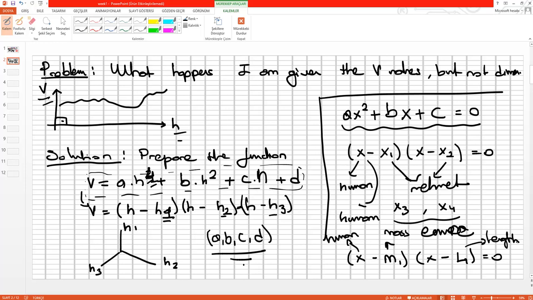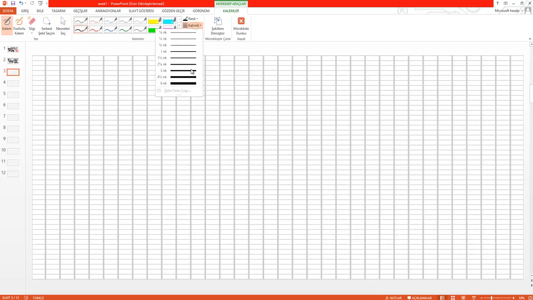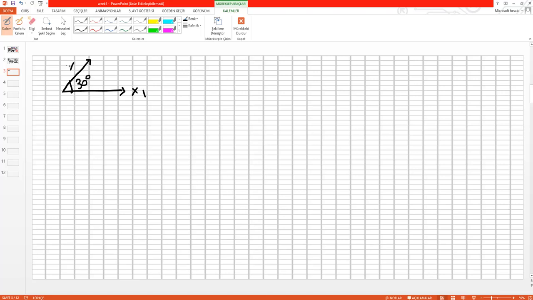In geometry, this root creates one axis at 90 degrees, an independent feature. Because if, for example, we have this kind of axis here with 30 degrees, x1 and x2, we can write x1 in terms of x2, because it is 30 degrees. But if you have 90 degrees here, x1 and x2, then we cannot write x1 in terms of x2.